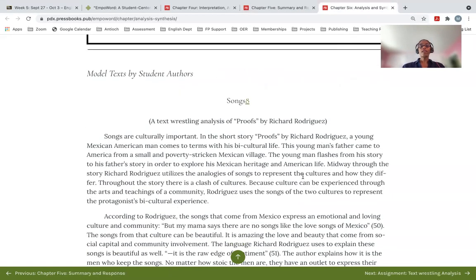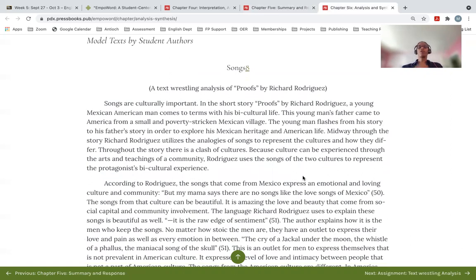But the essays in chapter 6 are the best model texts because they have taken the techniques from the previous chapters in addition to chapter 6 to create probably the best example of what you're trying to turn out. And so when you're thinking about what text you want to do an analysis of, it needs to be